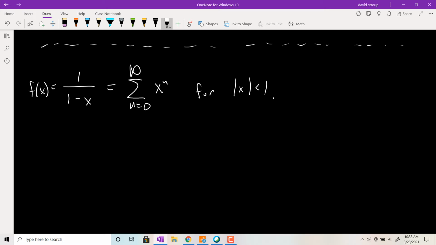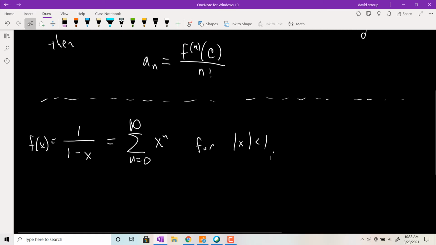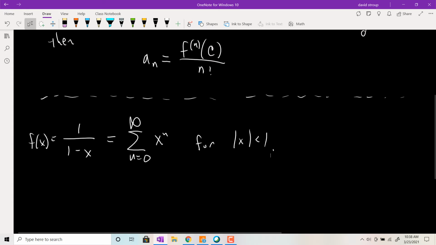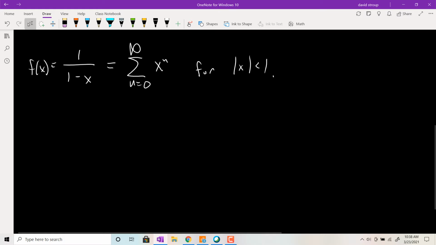Okay, so what all of this is saying is that we can produce this power series. There's only one power series that's producible, and that power series is the same one we would produce doing the process that we learned in the Maclaurin polynomial, Taylor polynomial section. So let's do that process. If you remember how that works,